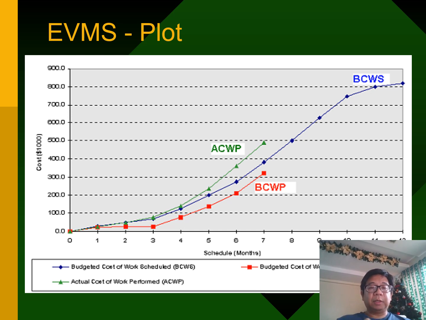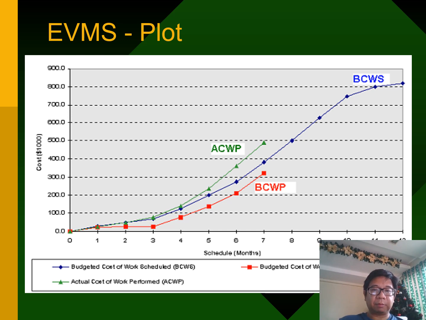Take note, you can already plot your BCWS up until the end of the project. Why? Because that's your plan. You plan to stay on that track. But let's look visually. What do we notice? Up until the third week, your BCWS and ACWP are more or less together. That means that you're spending more or less in the same way or at the same amount as what you planned. But as of the third week,